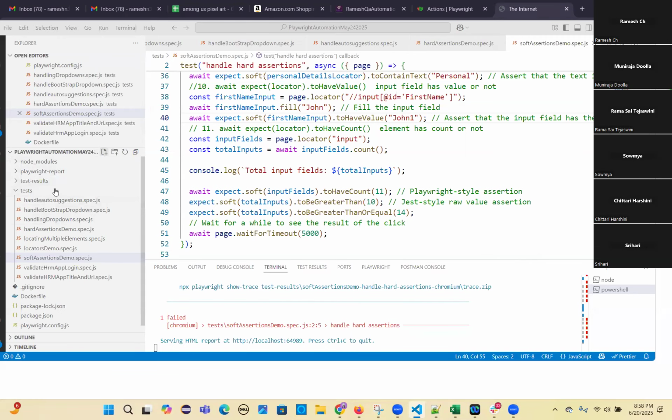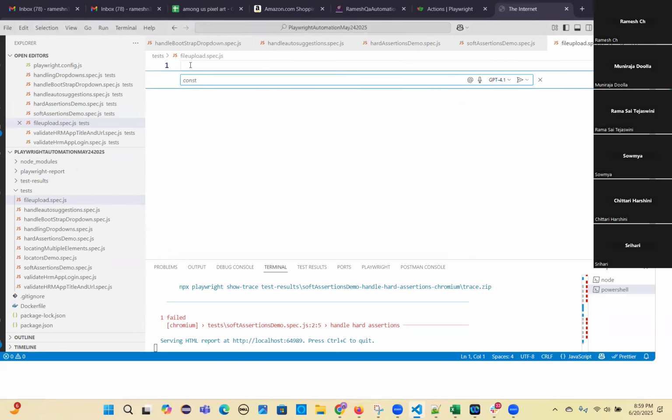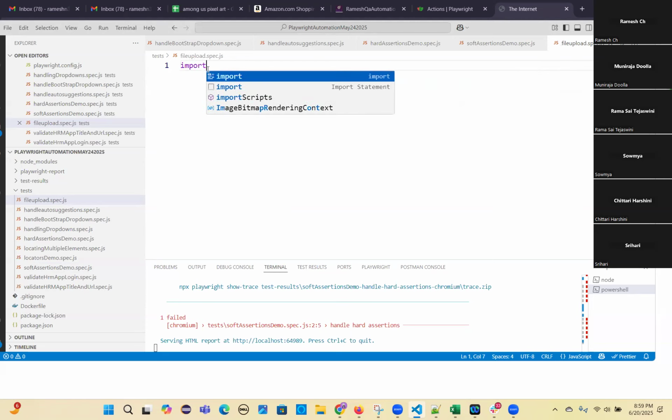So create a new file, file upload spec.js, right? So you can do const... what is this? Import, you can do import